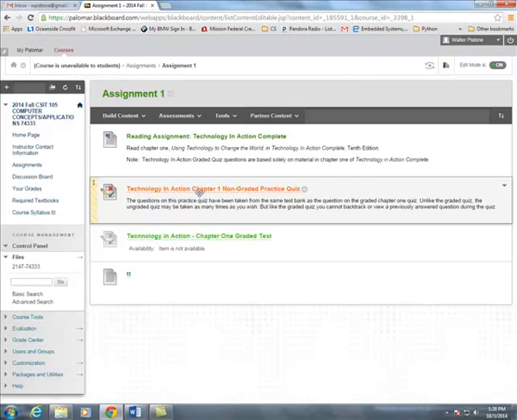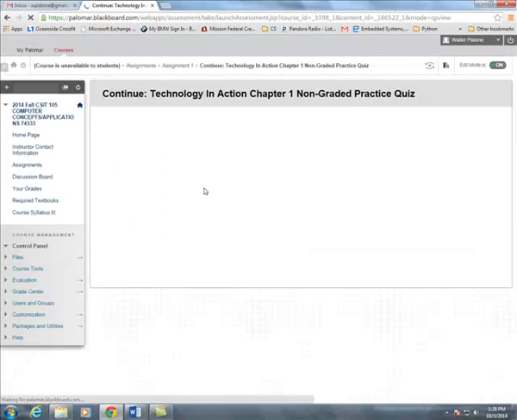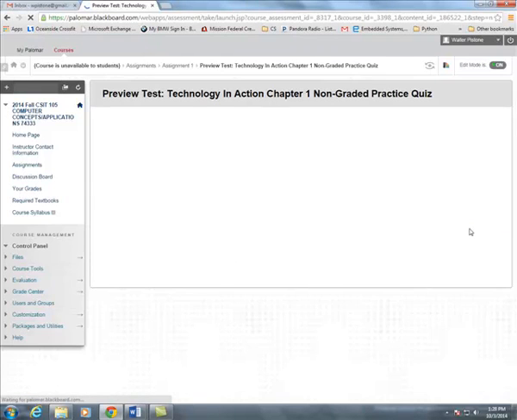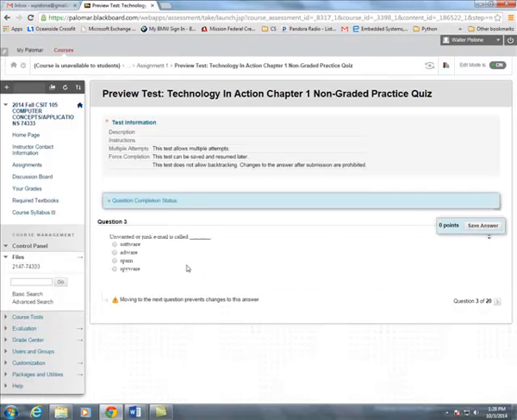So let's take a look at the format of one of these quizzes. I'm just going to do the ungraded quiz here, just the first few questions. You can see that it'll let you take it multiple times. So I'm going to go ahead and click the continue button to see the first question. And again, the questions on these quizzes are mostly multiple choice with some true and false. So unwanted or junk email is called, what's it called? Probably spam, huh? So I would select that button, and you don't necessarily have to save your answer. It's automatically saved for you, but you want to click